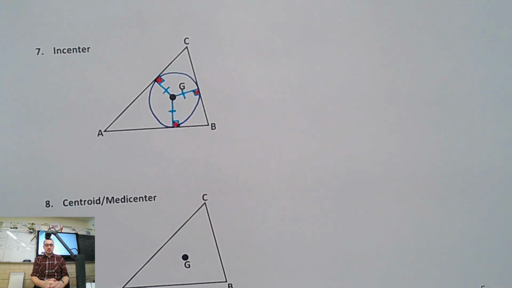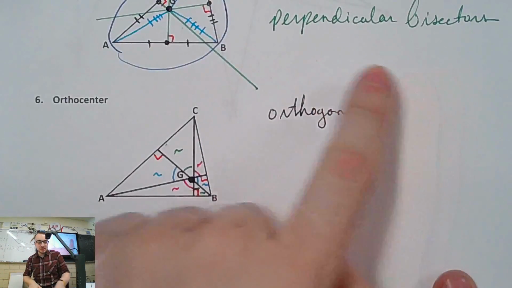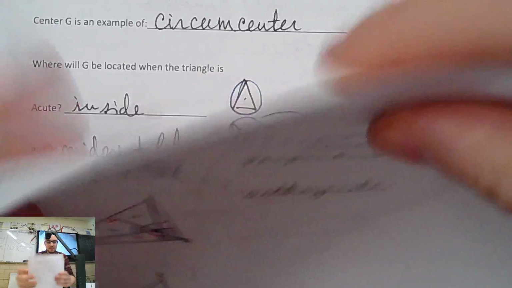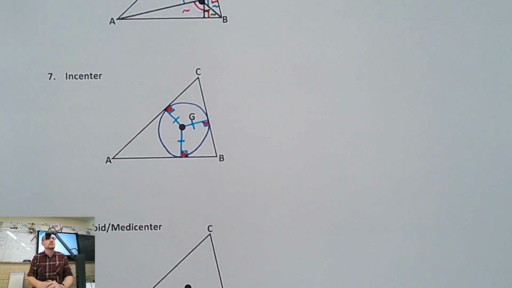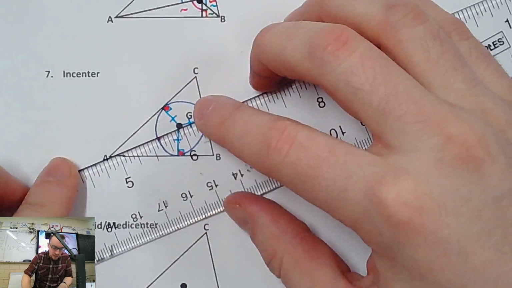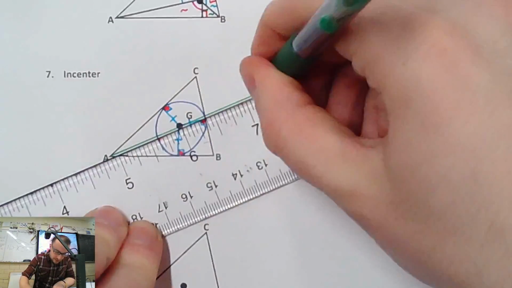Now, we forgot. What segments actually make the incenter? Like, what segments do we connect up to make the incenter? Obviously, the same distance from every side, but... Nope, not orthogonals. That's the orthocenter. It's one of the weird ones, right? Medians make the medicenter. Orthogonals make the orthocenter. We already said perpendicular bisectors make the circumcenter. It's the angle bisectors. Angle bisectors make this guy. That one's kind of weird. You wouldn't expect, let's draw some angle bisectors, and then all of a sudden, it's the perfect point that's the same distance from every side. Seems pretty random. But it's true.